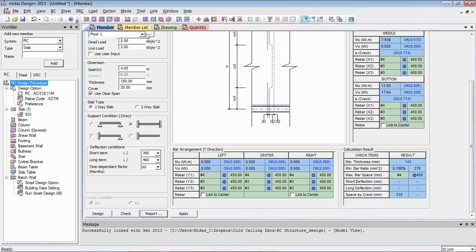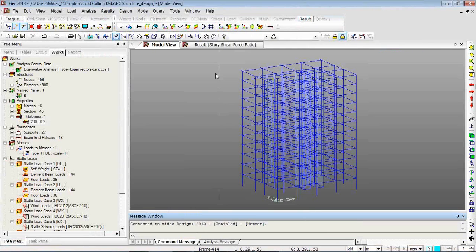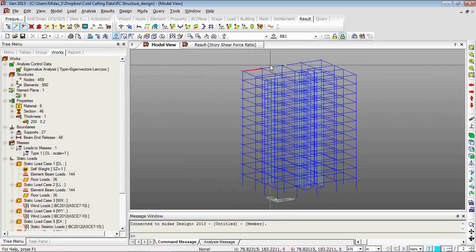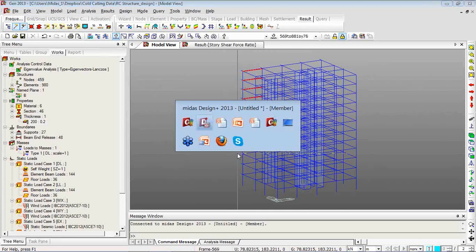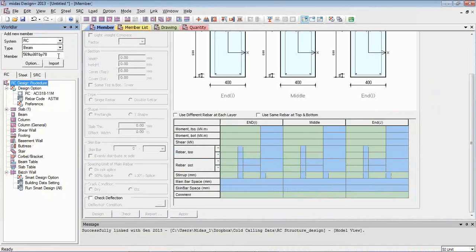So going back to the other features, I will now show you how we design a beam. So I'll select the beam I want. I go back to the program. So I select the beam. 2, 3, 4, 5. So when I go back to Design Plus, I go to the beam option, and you will see that all